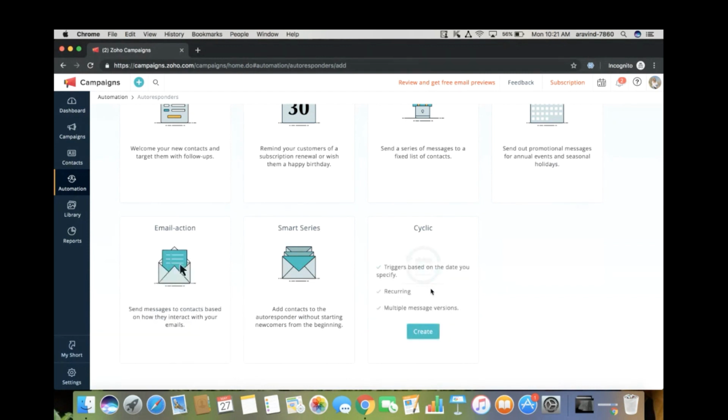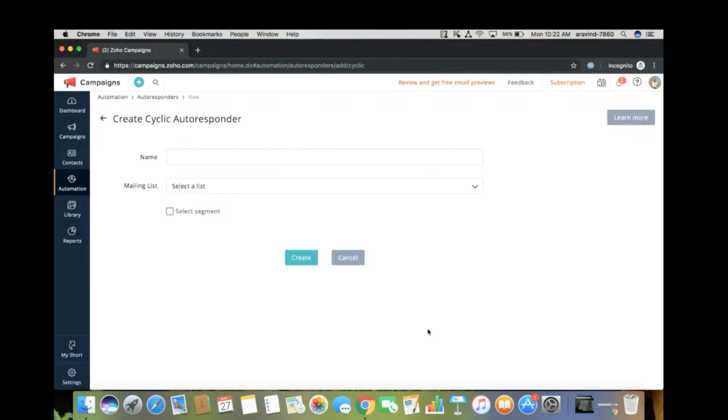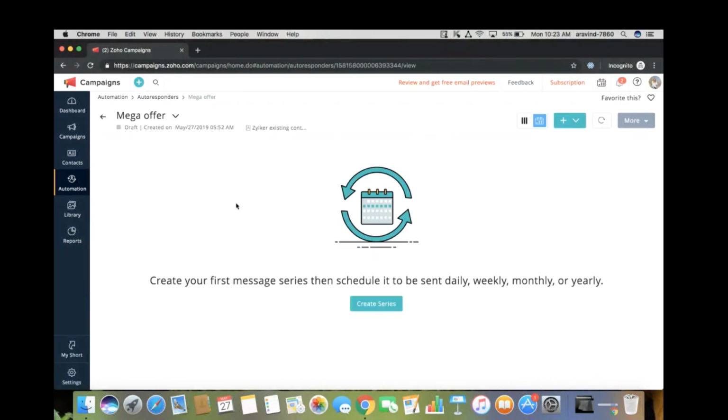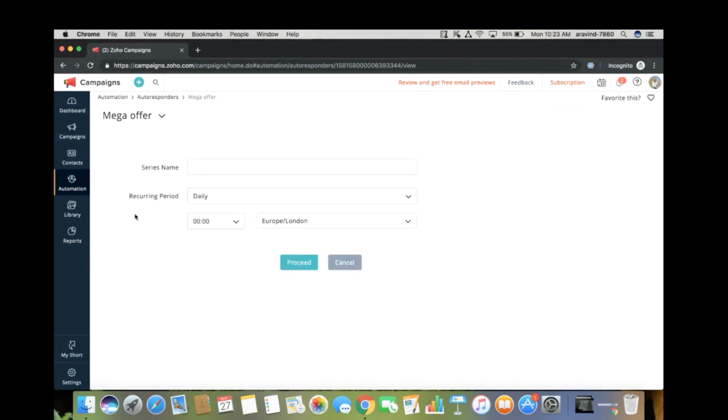Now for creating offer for my Zilker contacts, I'm going to go with the cyclic autoresponder option. I'm going to make the email offer to trigger automatically once in a month. For that, I'm using this cyclic autoresponder. Let me name it as, and I have to choose the mailing list as well. So now, once I set the message up, the email campaign will be recurring on the time frame which I specify. Let me create the series now, and I'm going to name it as